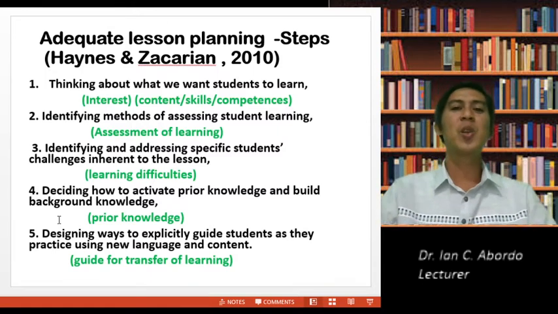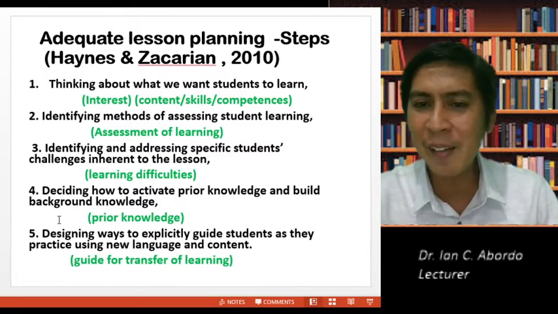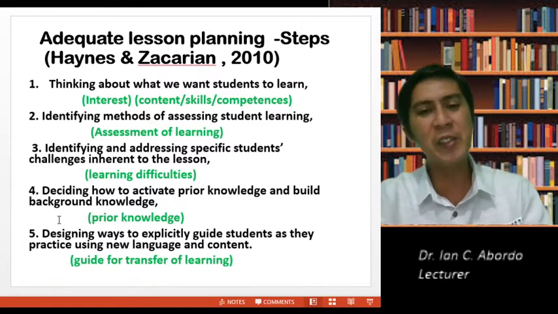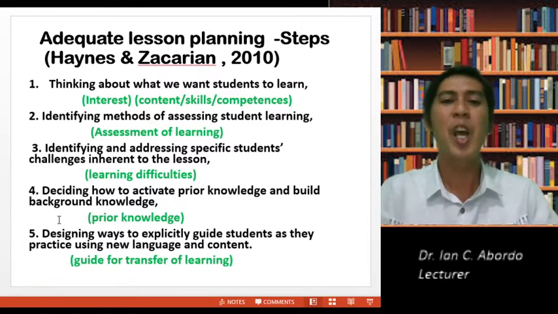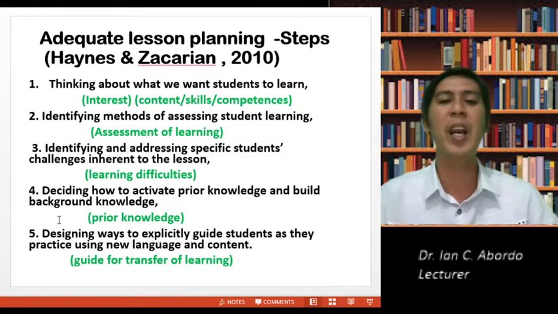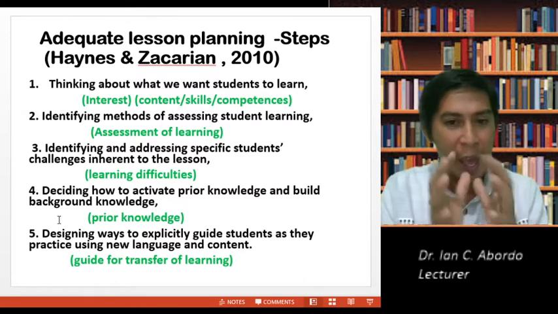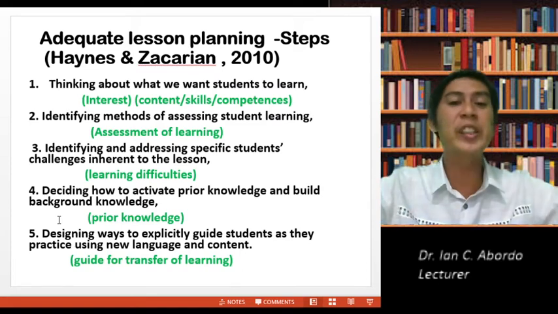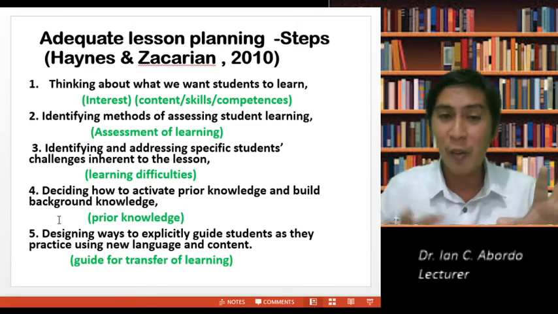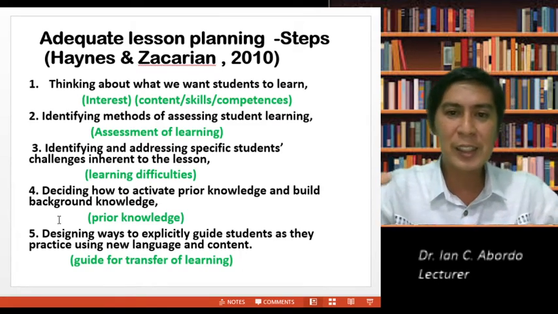So, what is adequate lesson planning? Let's just review this. Consider the interest, the content, skills, competencies. We also have to have assessment of learning. We have to consider the learning difficulties of the learners, and addressing those learning difficulties, we have to provide flexibility.